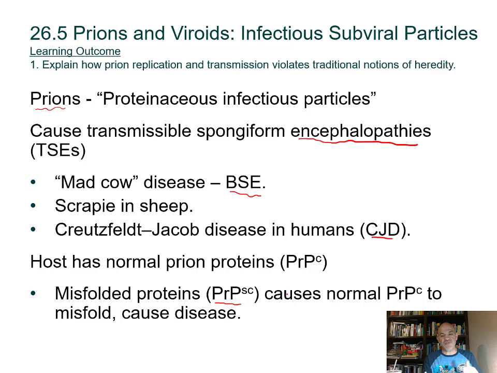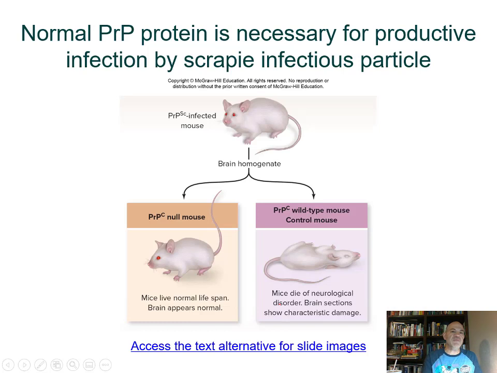And then you have this chain reaction. So over time, we start to build up a change from the normal prion protein to the misfolded prion protein. And then over time, that causes the degeneration of your nervous tissue. Now, some evidence for the fact that the protein is responsible for causing this, and not some particle that has